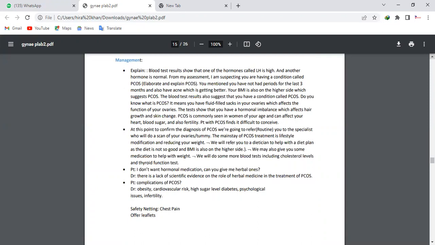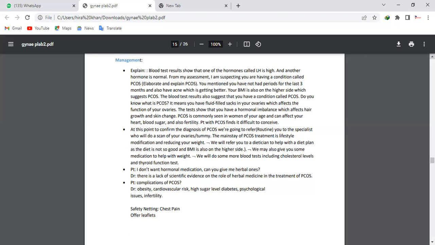And also regarding this weight gain, along with exercise, we will also send you to a weight reduction clinic. They will give you a plan, and they will also arrange a dietitian for you. How does that sound? Well, that sounds good. All right. Other than that, we would also like you to follow up after a few months to check how you are reducing your weight and how you are coping with that.